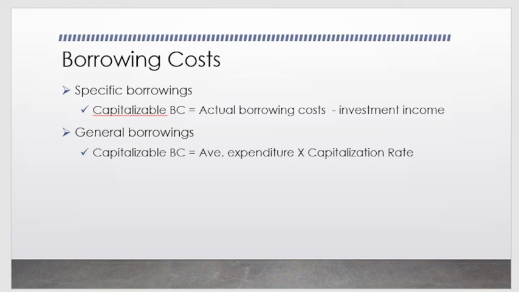However, there is a caveat or a warning here kapag nasa general borrowing ka. The borrowing cost capitalized shall not exceed the actual borrowing cost incurred. Yung i-capitalize natin na borrowing cost, dapat bago mo yan i-capitalize, i-check mo muna kung yan ay nag-exceed dun sa actual borrowing cost. Kasi kung nag-exceed, kailangan ang kuhanin mo is the lower amount. Okay, in this case, hindi siya nag-exceed dahil ang actual interest expense on the general borrowing is 7.24 million at ang na-compute mo lang na capitalizable BC ay 1.34 million. So therefore, gamitin natin yung na-compute na 1.34 million.